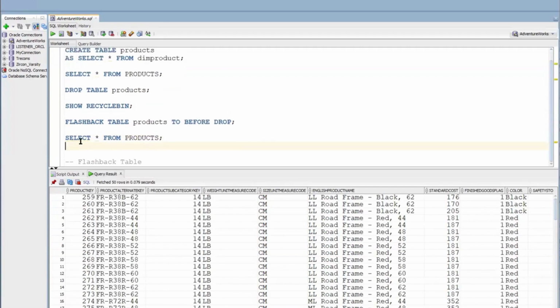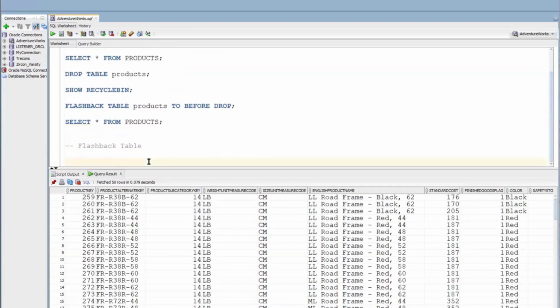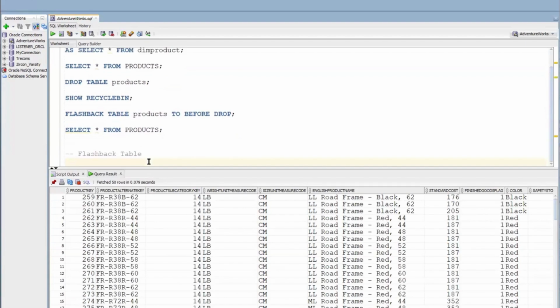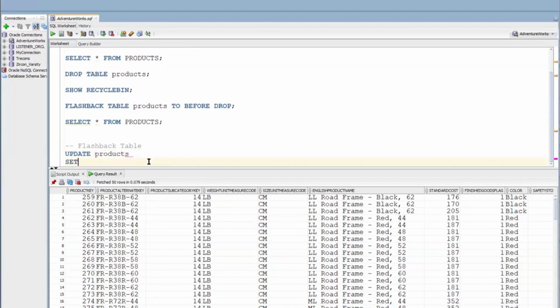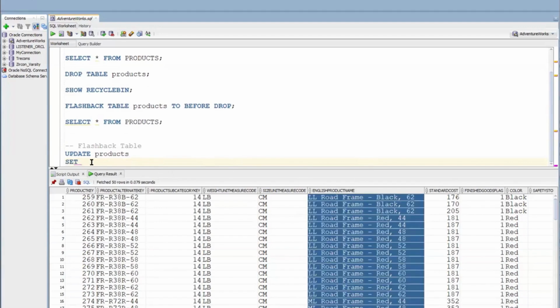For the flashback table, let's move on to that. Let's say we use a DML statement this time, an update statement. Since this is our table, update products set, let's use the English product name column, English product name